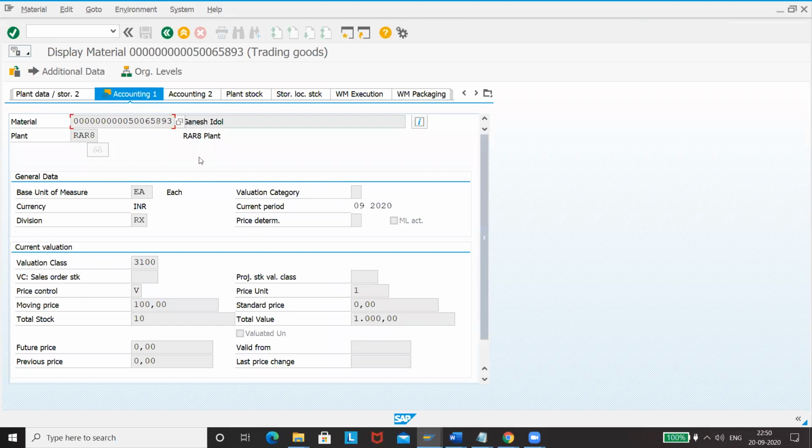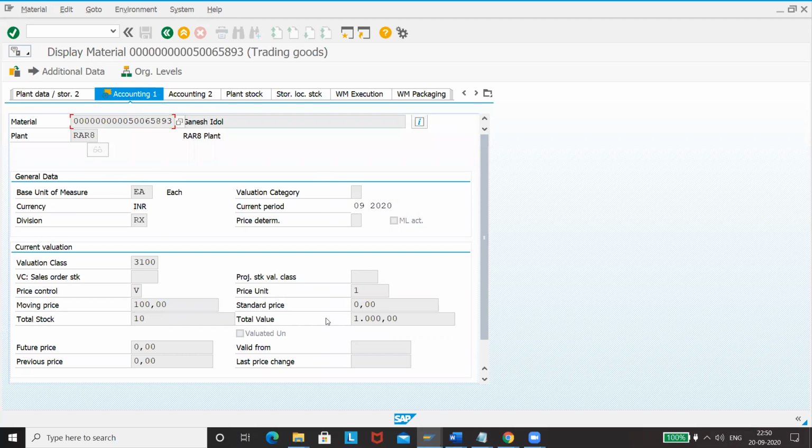MM02 is for changes. I was going to MM02, but I should go to MM03 instead, and that is why it is showing an error. Okay, so here, if you can see, we have taken stock of 10 goods, right?